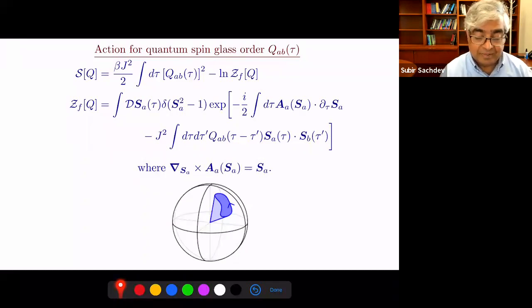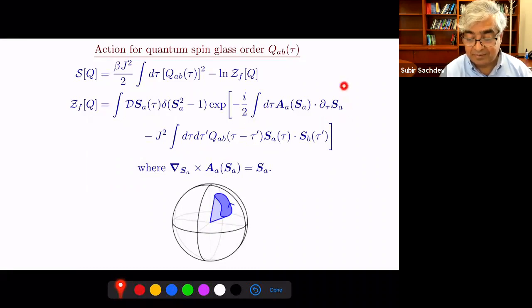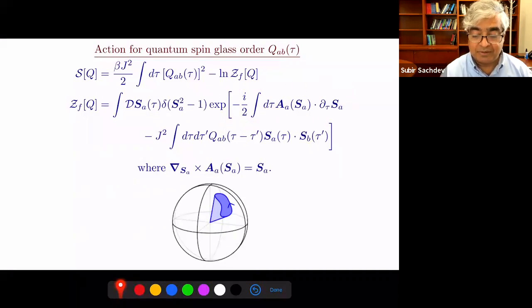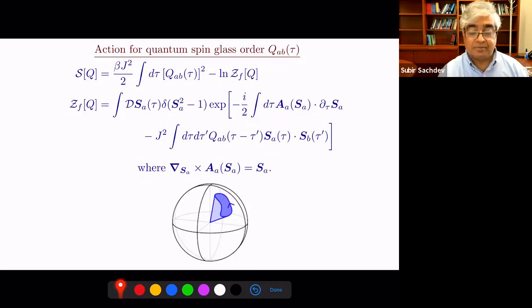In the classical limit, you can just do the integral, everything becomes time independent, and you're back to the classical model. The quantum product here is this term. Now, because of degeneracy, you have a Wess-Zumino-Witten or a Berry phase term. And this is what's responsible for all the novel physics. So this is just the term which, as the spin is moving, this vector S is moving on a sphere, you pick up a phase, which is the area enclosed by the path, times 1/2. That's for spin-1/2.